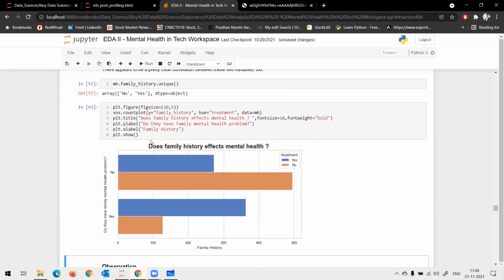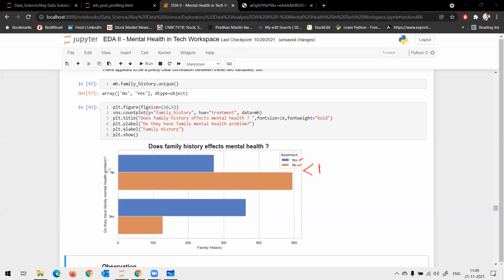Now, when it comes to comparing yeses and nos in a bar graph, how do I compare it? How do you find family history and seeking treatment? The easiest trick could be finding the ratio between yeses to nos. Correct? Yes, sir. So here, if I see yes versus no, the ratio is less than 1, right?